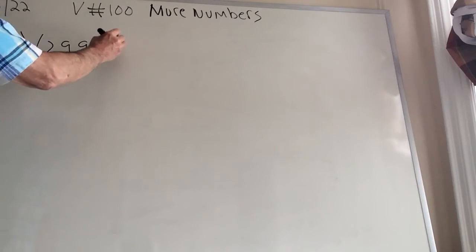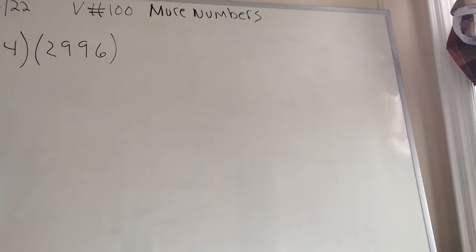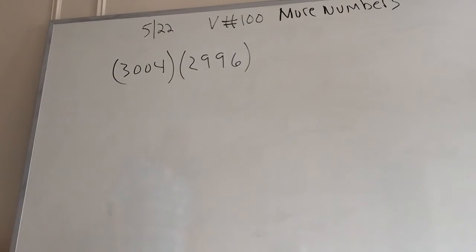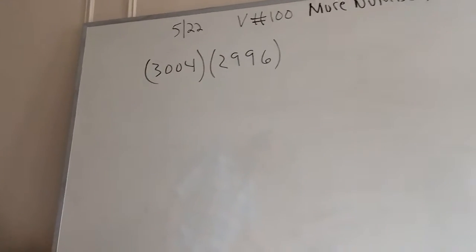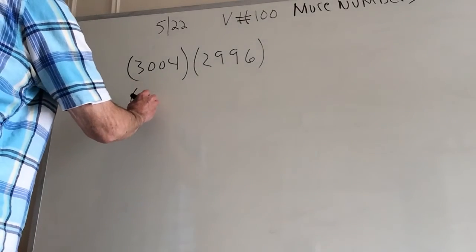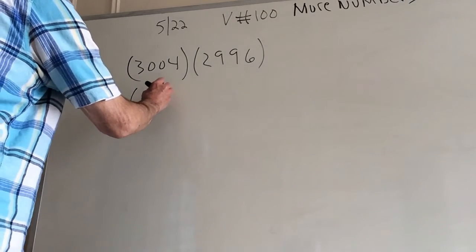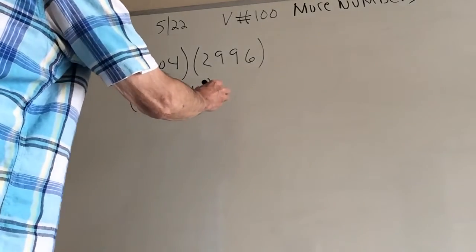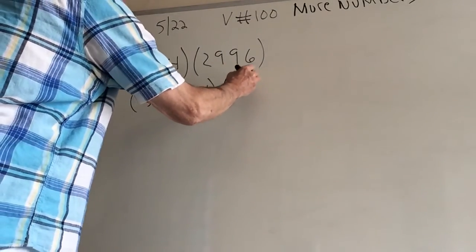So this time I made them equidistant from 3,000 so that I could get rid of the middle term. And since I have it lined up nice here, I'll just go from top to bottom. So then this becomes 3,000 plus 4 times 3,000